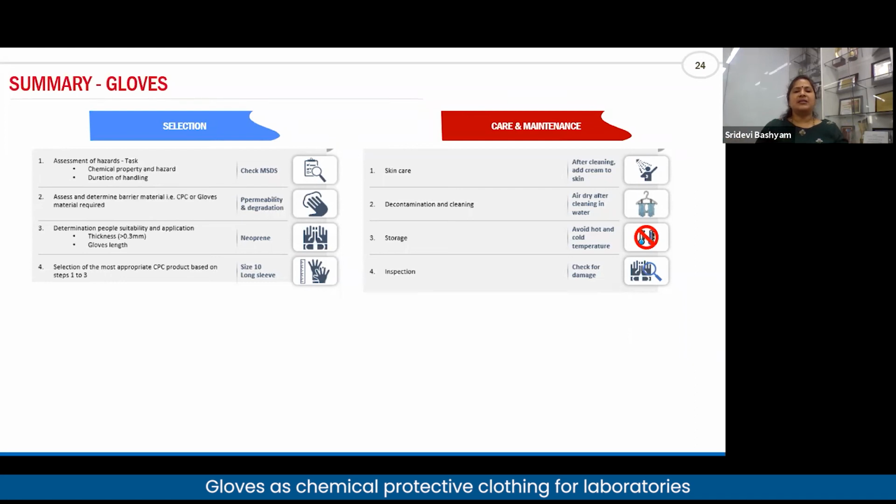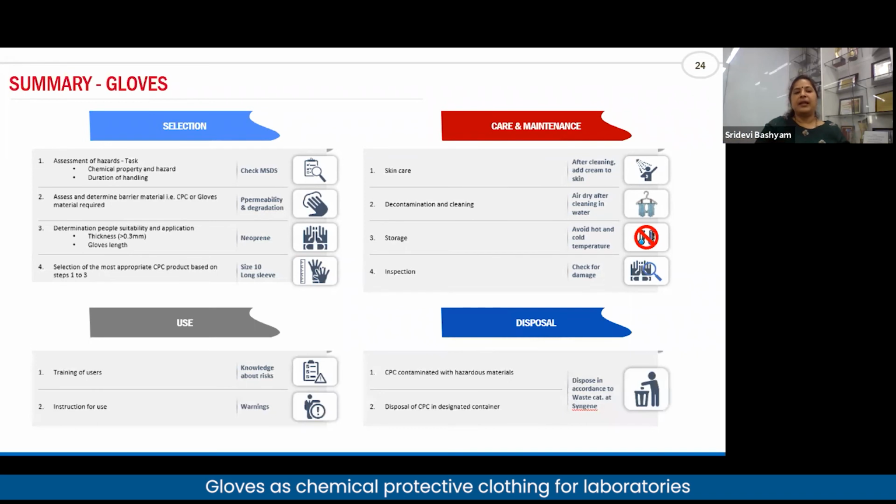So people should also know how to remove gloves, and of course the storage and inspection, and proper training to the users on how it has to be done. And then disposal comes as the fourth part, where people need to know how to dispose of them at the right place and